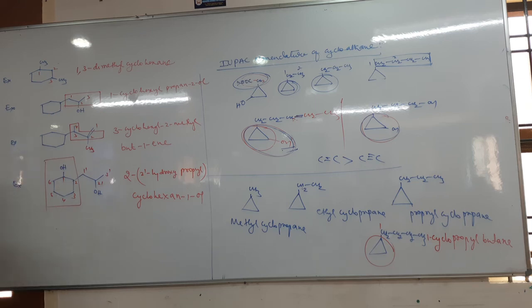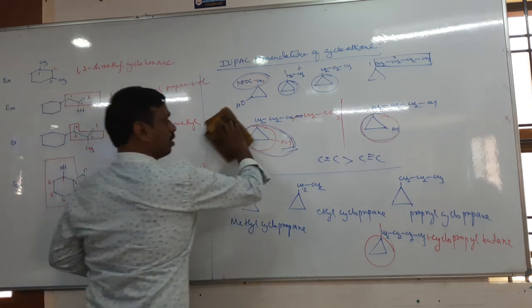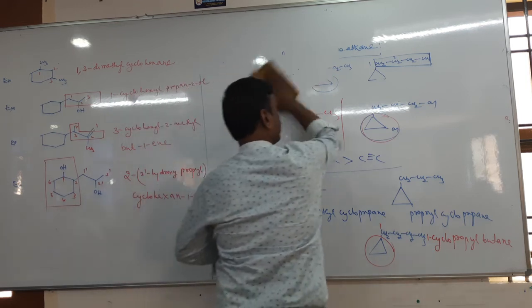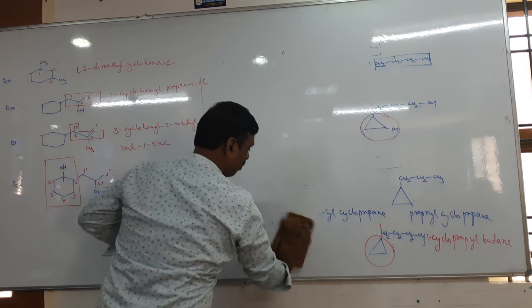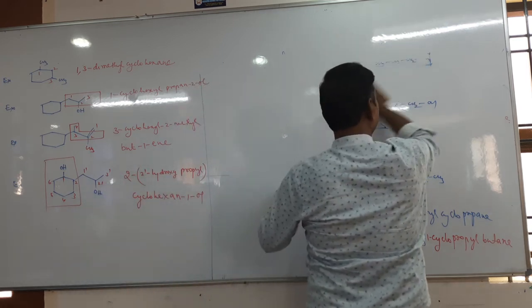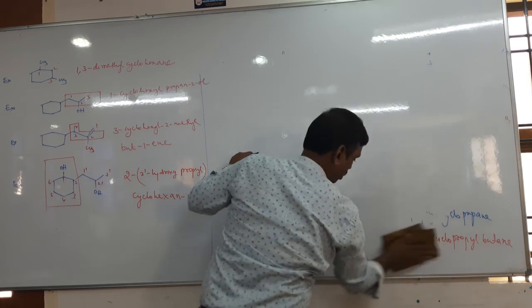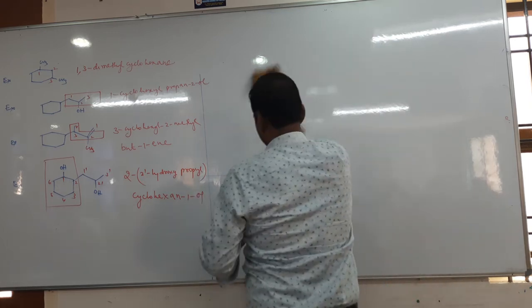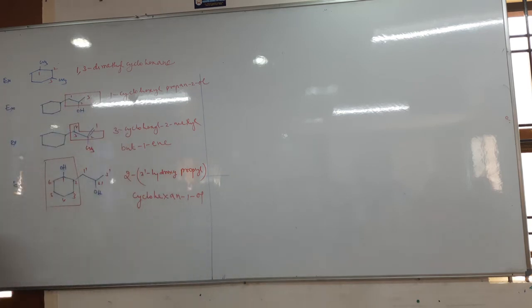If the side chain and the cyclic ring contain different functional groups, then the parent chain is decided by the priority of the functional group. Okay. For example,